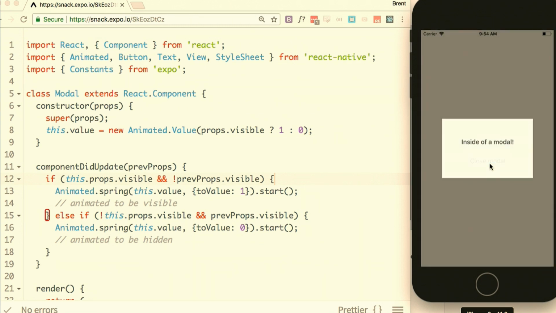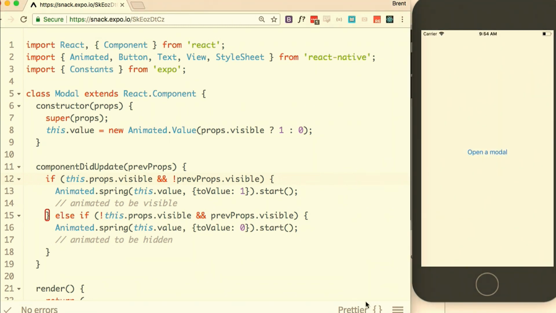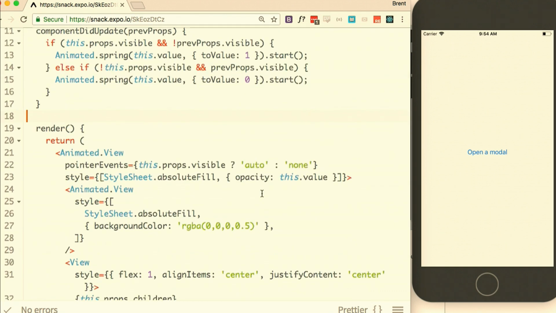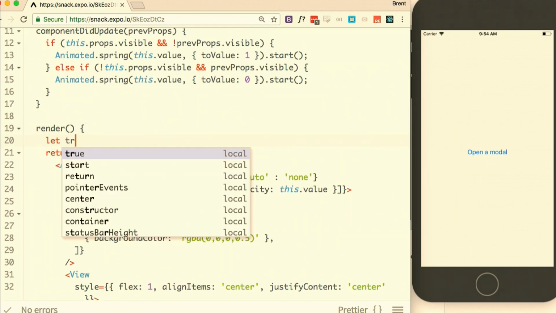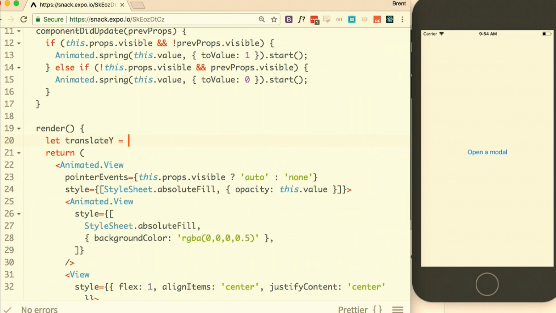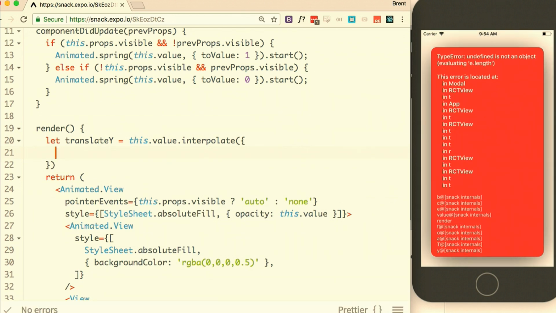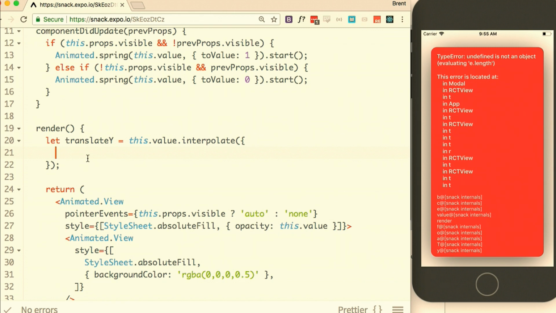So that's pretty much how you can build a modal. In the example that I provided, we did other things like we animated the translate Y. I think hopefully by now everyone's familiar with how to do that by using interpolate. But because that was yesterday, I'm going to quickly demonstrate that again, just to refresh people's memory, and then we will move on. So I'm going to interpolate. In fact, let's do it here. I'm going to interpolate the translate Y